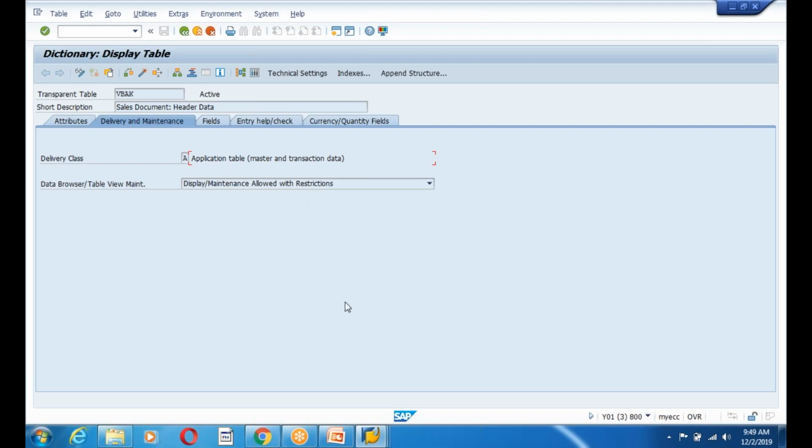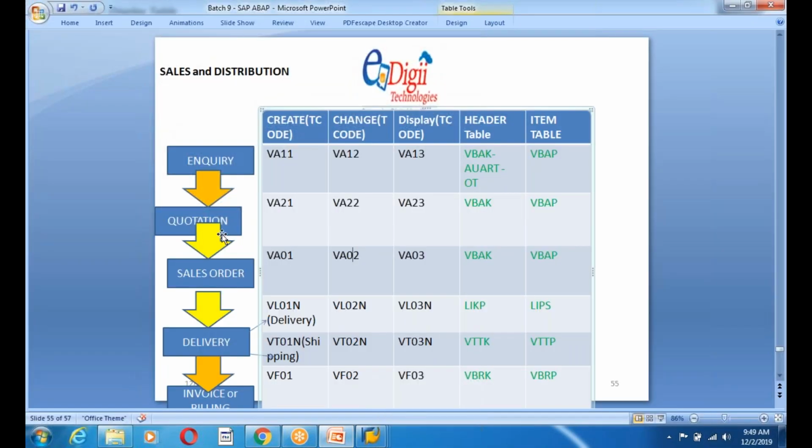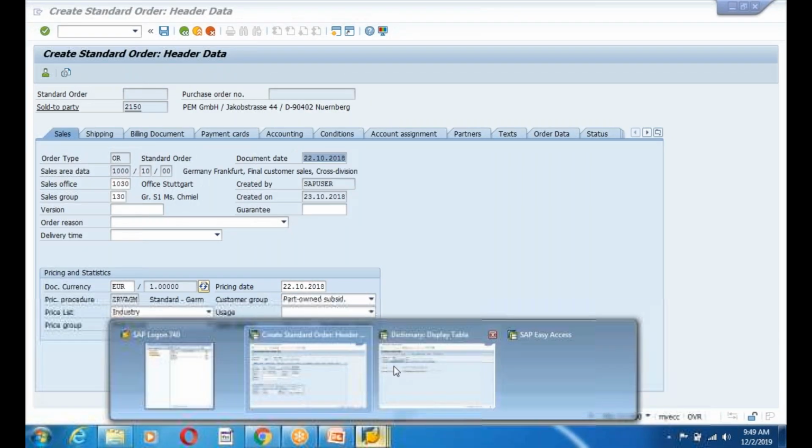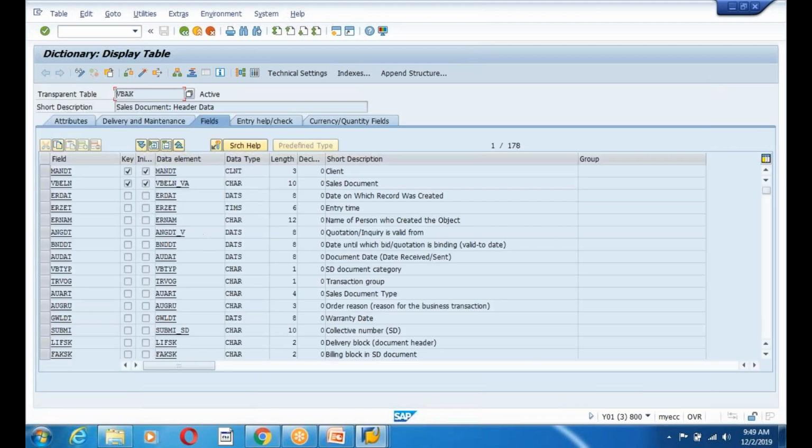See, the data we created was from the VA01 transaction code. That means for every transaction code there is a program behind it, guys. So we updated the data programmatically, not by using the dictionary, not by using SE11 or SE16. Did you update the data? No, I have updated the data from the transaction code, guys. And those are the settings of the table definitions. Go to the fields and you can see this concept I will explain. VBELN is the key field of the database table.